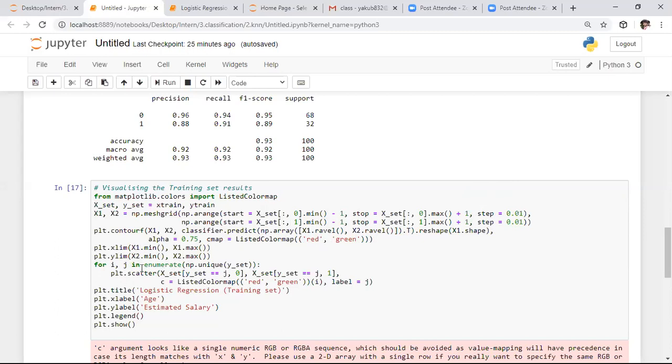After that I want to iterate through each and every data point. Based on the data point, I want to assign those points to the different categories based on this contour plot. On one side I want to keep red color and on the other side I want to keep green color. For that purpose, in the contour map I specified the color below, that is nothing but the background color.